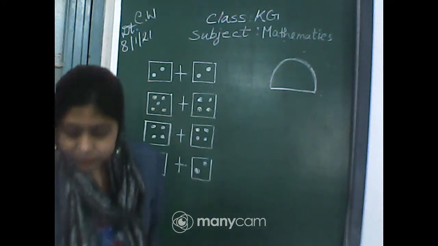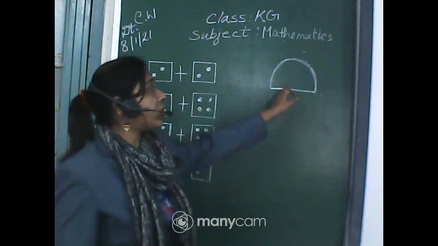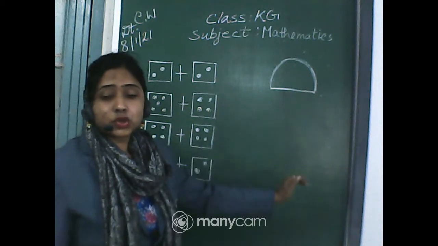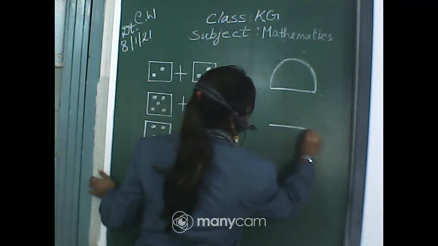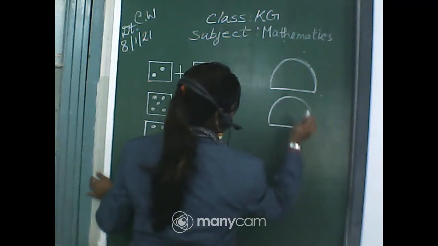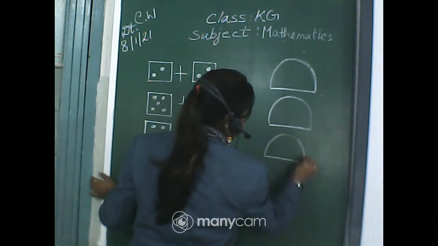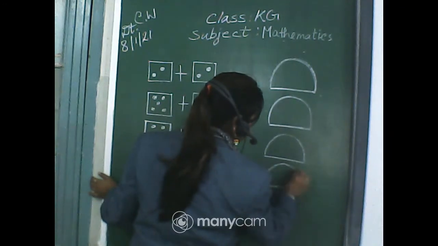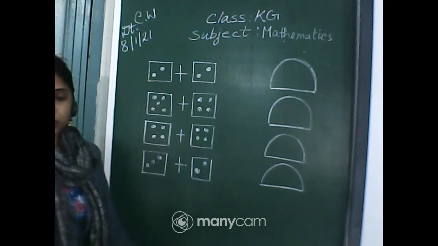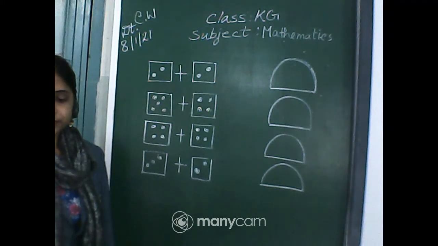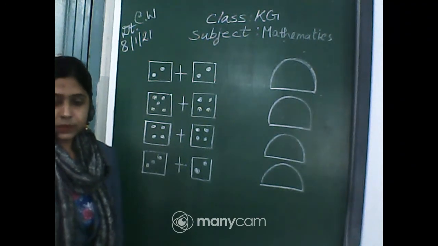Arijit, very good. Yes, it is a semicircle. So you will draw with me. On the right side, 4 semicircles. First you should draw like this. 1, just below 10, just below the same, and just below 3, and the last one 4. So 4 semicircles I have drawn on the right side of the board, and you will do it in your copy. I hope you complete it.